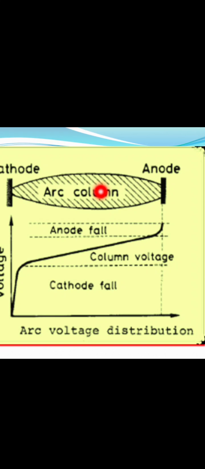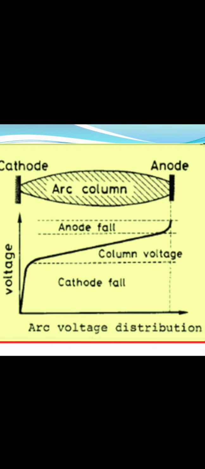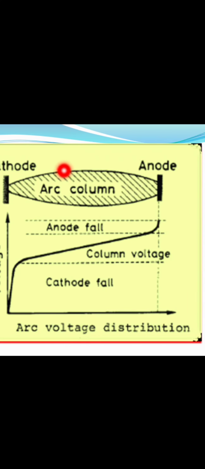While the highly heated carbon atoms move through the arc column, the thermionic emission occurs. At that time the plasma is achieved on the cathode side. This plasma vaporizes the material, and carbon atoms are deposited on the cathode side in the form of carbon tubes. Okay, so it's very simple: in between the cathode and anode, these columns are called the arc column.